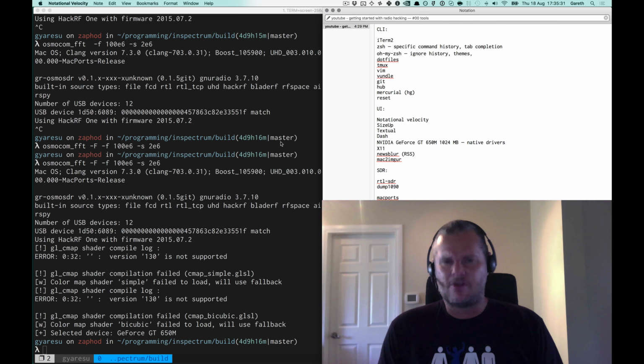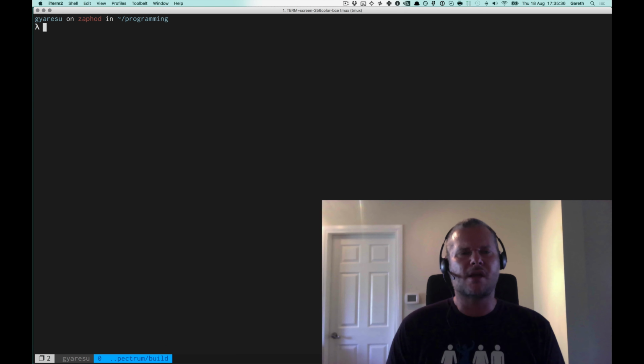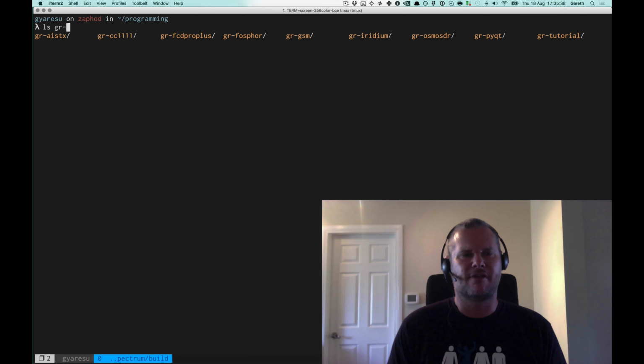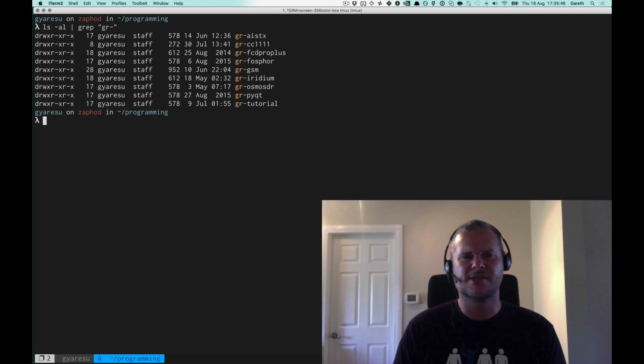GQRX, GR modes. Okay, so all of the other GRs, that's probably worth mentioning, isn't it? List GR everything. Alright, oh no, that's a terrible idea. List all long grep GR. Alright, so there's a whole bunch of